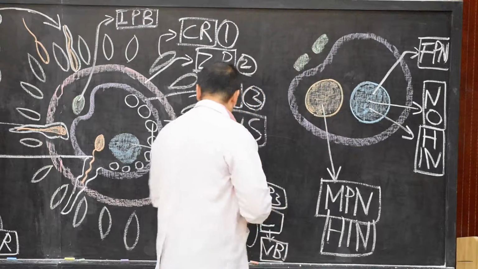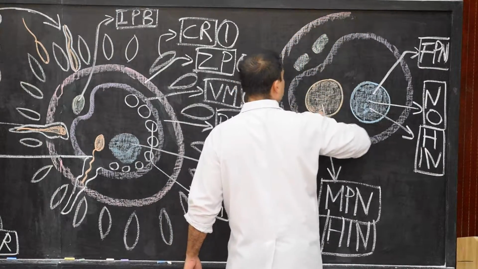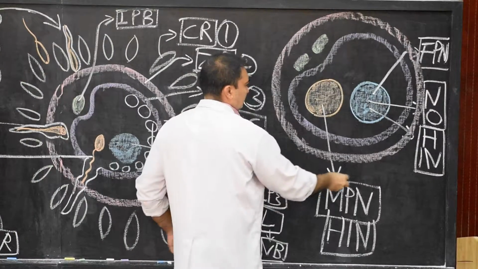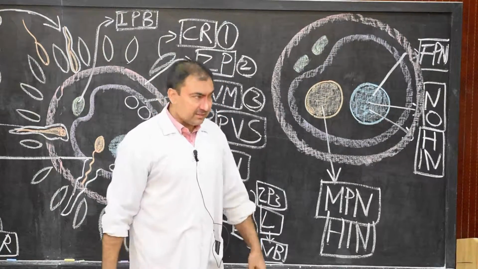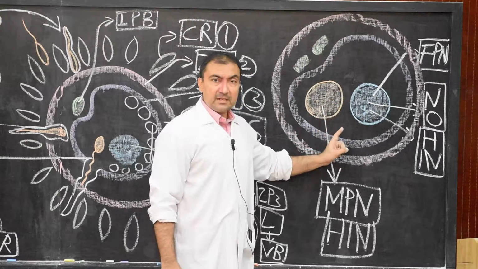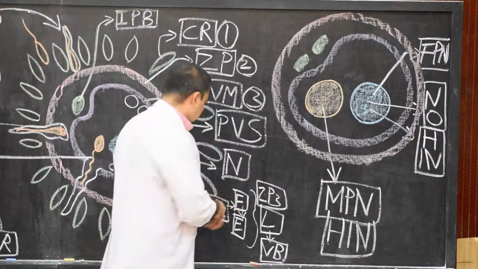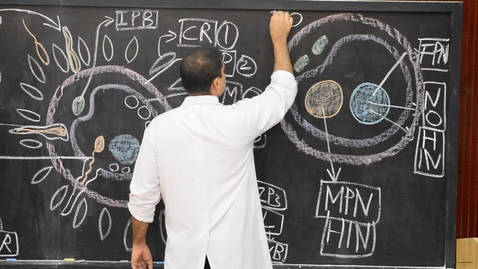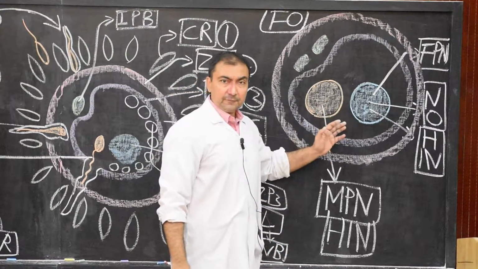What will be the outer covering? The outer covering is the zona pellucida. So right now, at the end of the second stage, this is the complete picture of the fertilized ovum. We write down the name of this diagram: fertilized ovum. So we complete the end of the second stage.